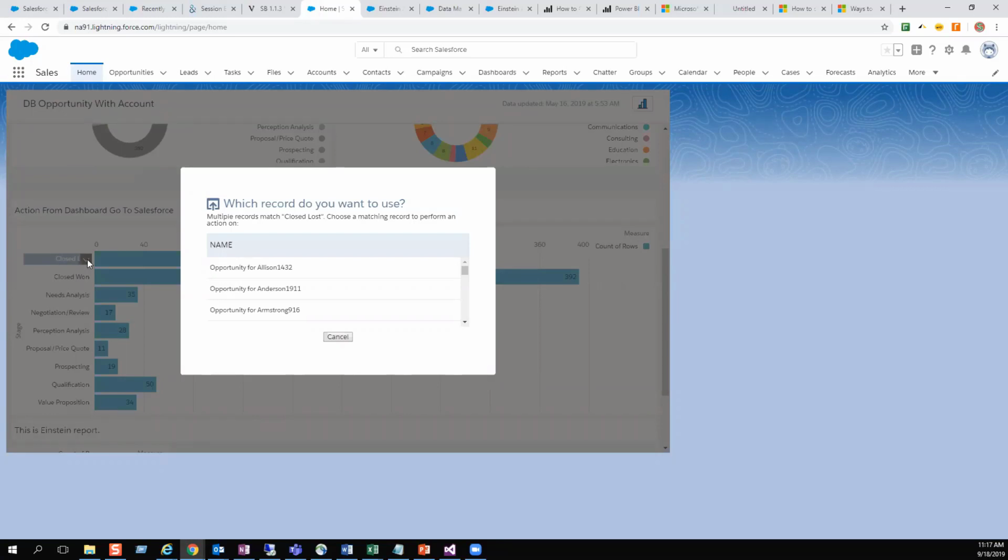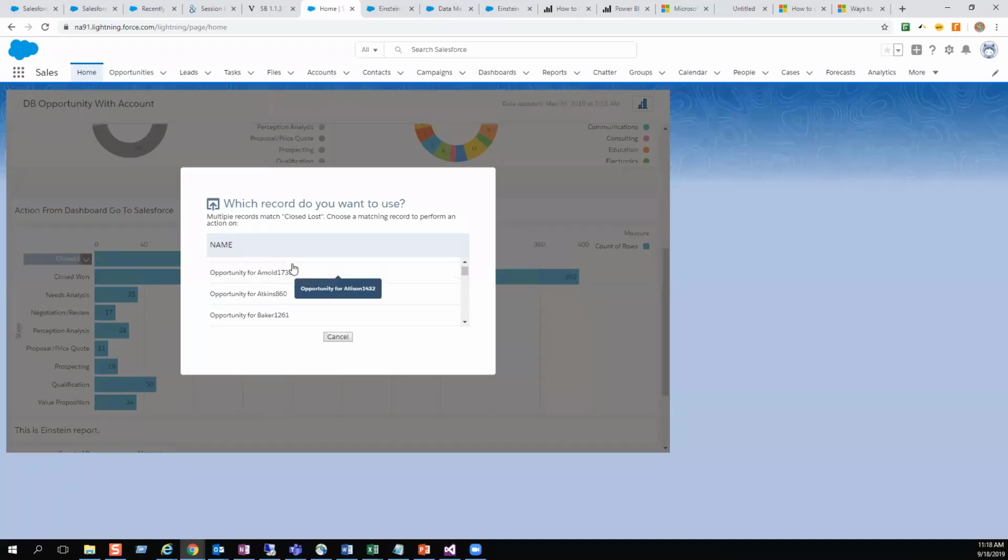Let's say you want to create a follow up, or create some kind of task and assign it. Let's say I want Firoz to work on one of the opportunities and see what is happening with that account. So I can just directly click on the action tab, and then that will allow me